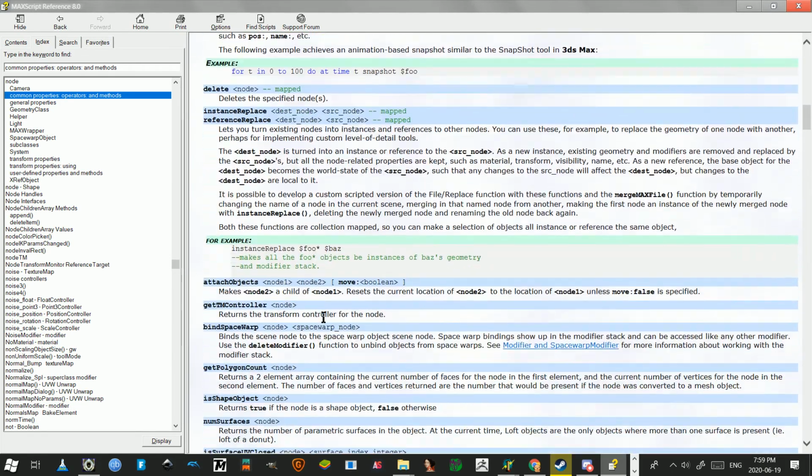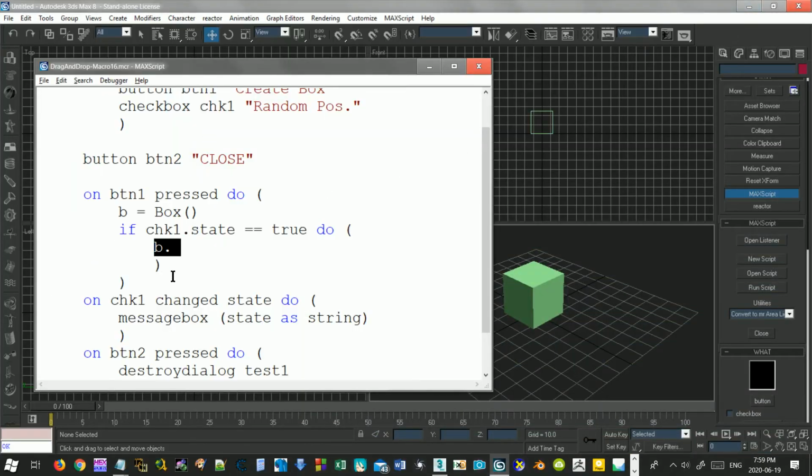All the common properties you have access to. There's a lot of them. There's a ton of them. But anyway, one of the properties is position, where you can actually move the position of, let's say, an object in 3ds Max. Another fun little function inside of 3ds Max is this one called random, which will randomize positions